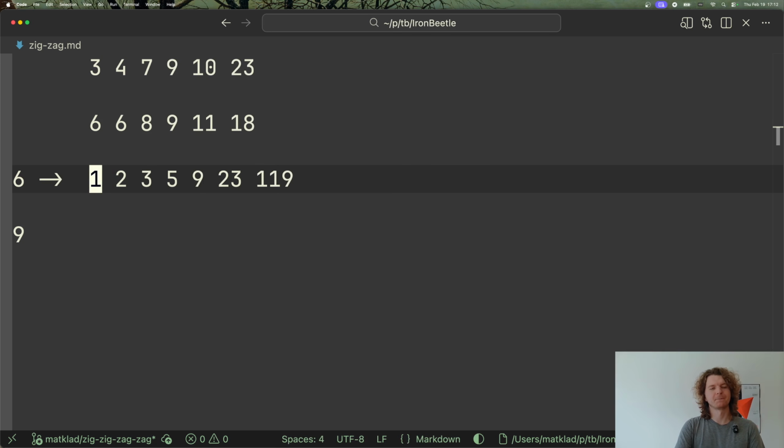So we know that the smallest candidate number we are looking for is 6. But in this array, the first number we see is actually 1. So we know that we need to skip past 1, past 2, past 3, and past 5. And what's more, because we already know that we need to skip all the way up to 6,